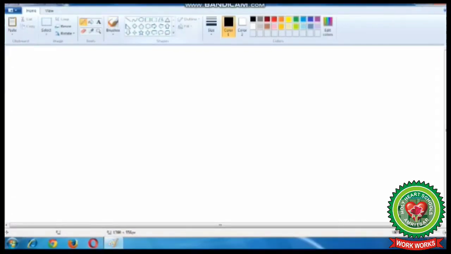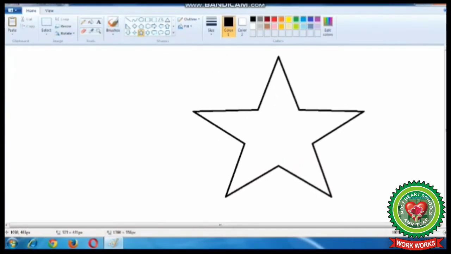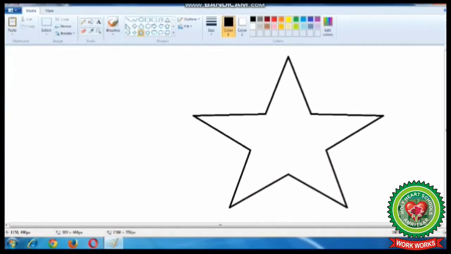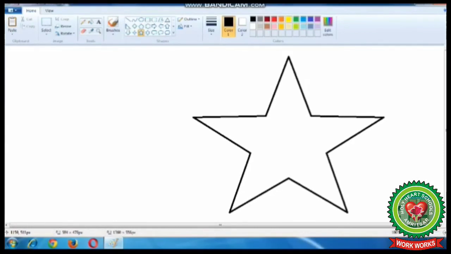Now, first of all, let's draw one shape. From the shapes group, choose any shape of your choice. Like here, I am going to choose a star. So click on star shape, come to drawing area and hold and drag your mouse.